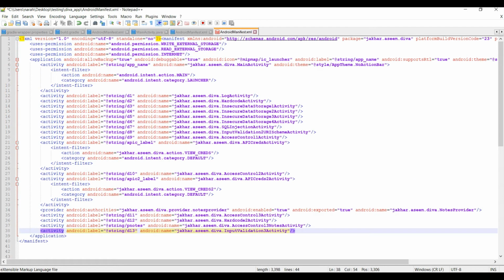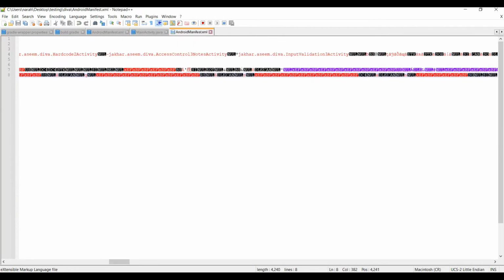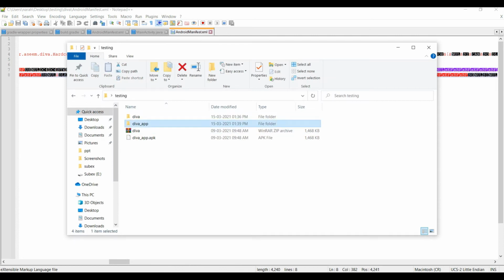So these are the things you have to look for in the manifest file. Once again I'm repeating, the main thing to look for in the manifest file is Android allow backup equals true. If it is true, it may be vulnerable, it should be false. Also Android debuggable should be false when the application is to be released, so at that time it has to be made false and sent for production in the Play Store. The other thing is uses clear HTTP traffic. It should be false. If it is true, it is going over an unencrypted channel and the data will be in plain format. This is one of the things we have to look for.